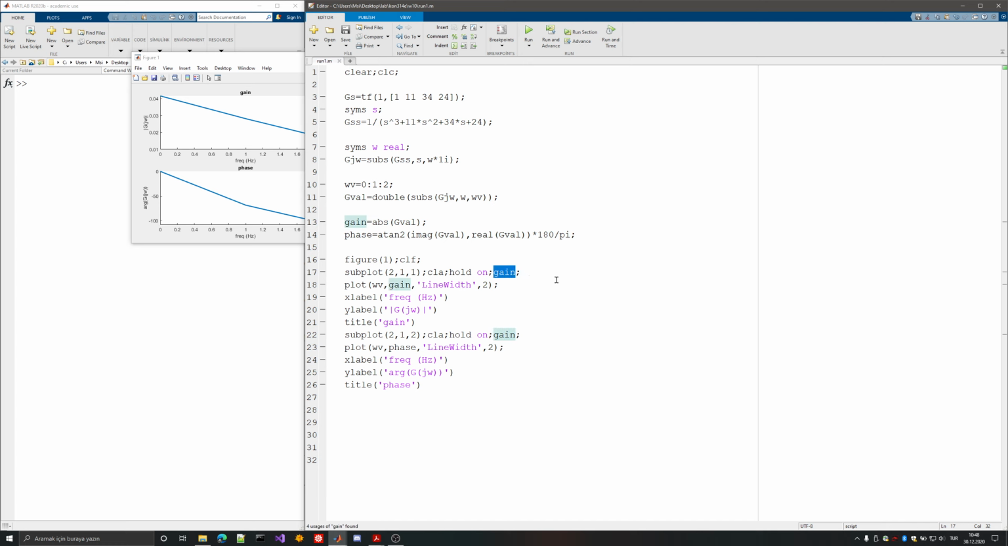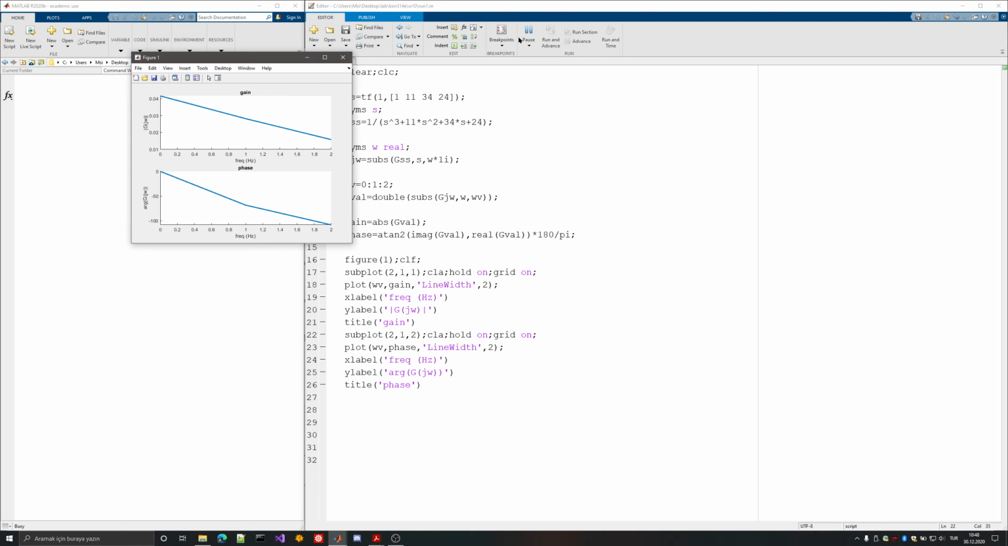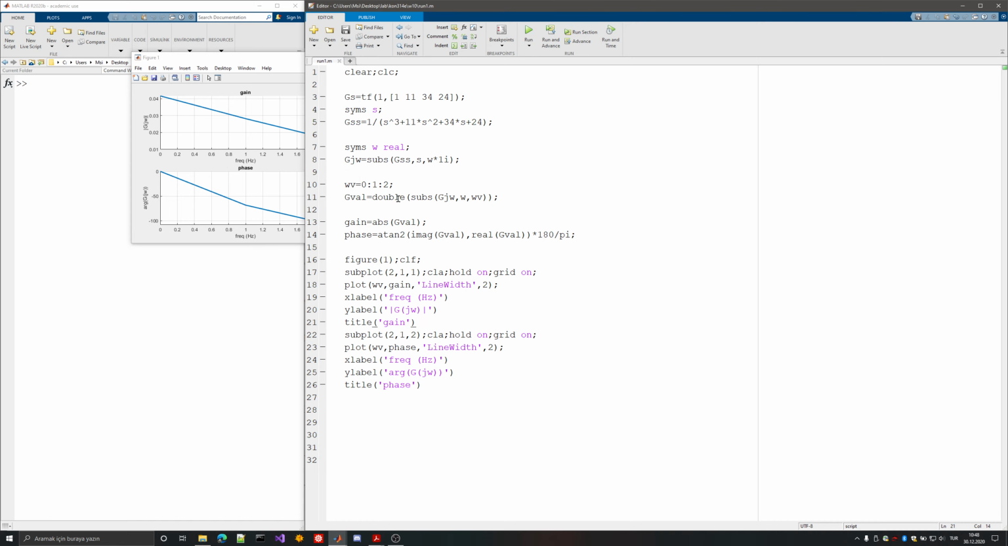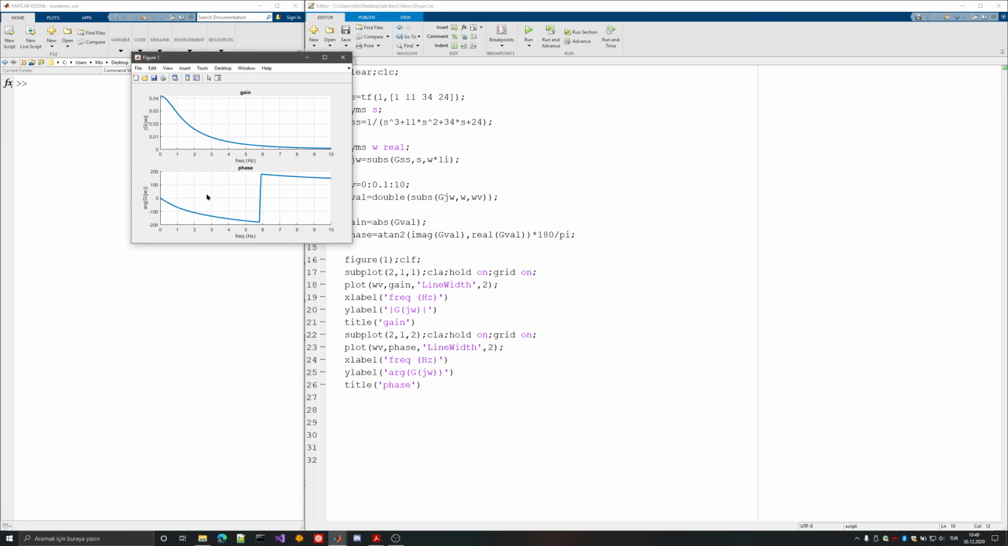I wanted to grid on, not gain. Somehow we messed that up. So now let's increase the interval. Let's say we want to have 0.1 and we want to see up to 10. Now we can see that we have a nice decreasing gain. Here we have a jump, but the problem